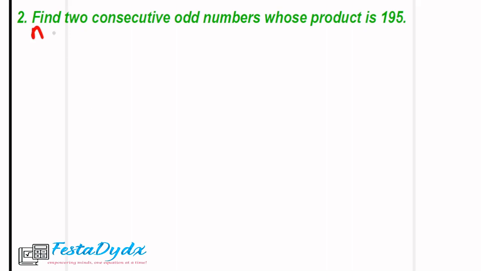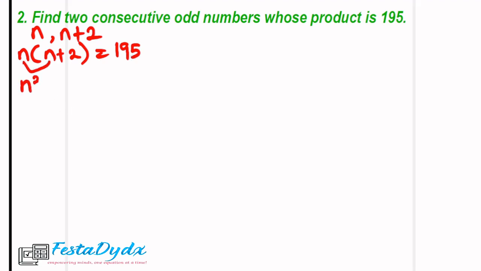So n, n plus 2. Now it says the two consecutive odd numbers whose product, meaning we have to multiply them together to get 195. n bracket n plus 2 is going to give us 195. Now we have to clear this bracket. n times n gives us n squared. Then n times 2 gives us plus 2n, now all equal to